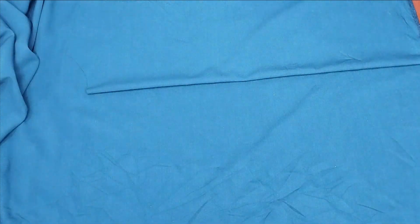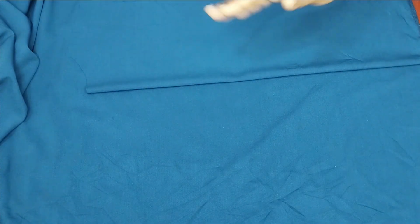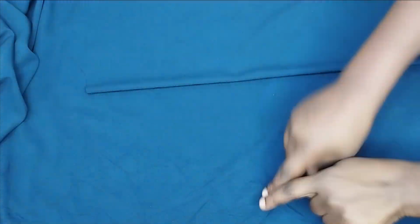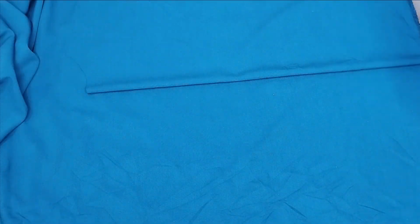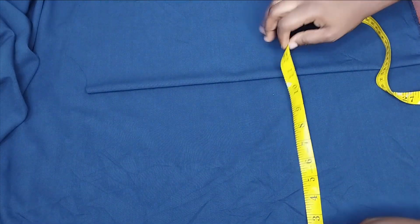Okay, so for the front, I have folded my fabric into two again, and I have laid the back, so you can see my back. I just laid it. But before you lay your back, you need allowance to wrap this. It's a wrap top, so you need it to wrap. For me, I want it to wrap around my body. If you don't want it to wrap your body, you may not give this allowance,